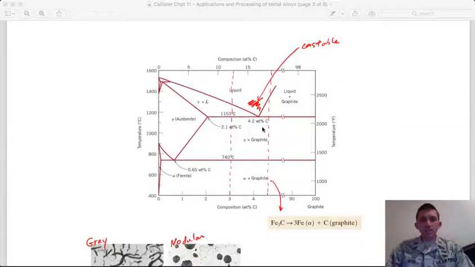For the cast irons, we actually do have a eutectic, where we're solidifying from a liquid to a solid material. And as we talked about, characteristic of eutectics is that at that composition,